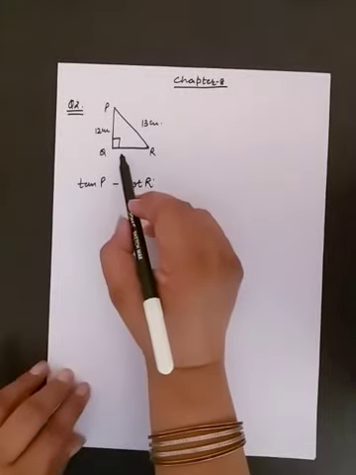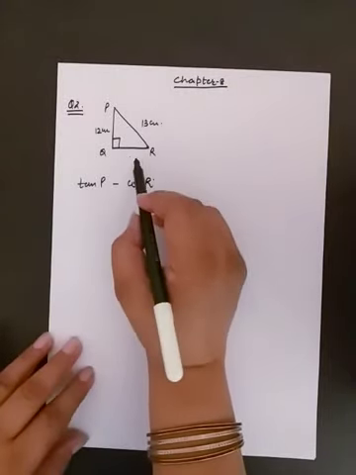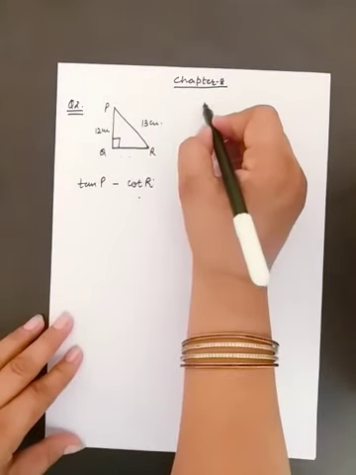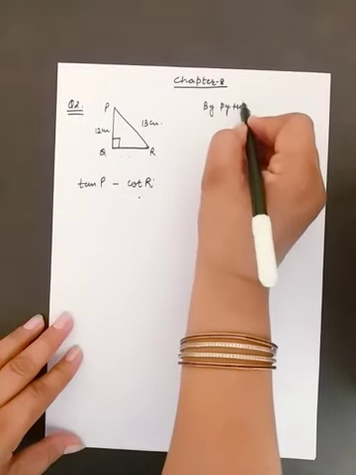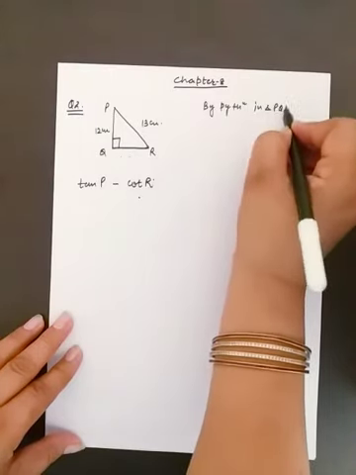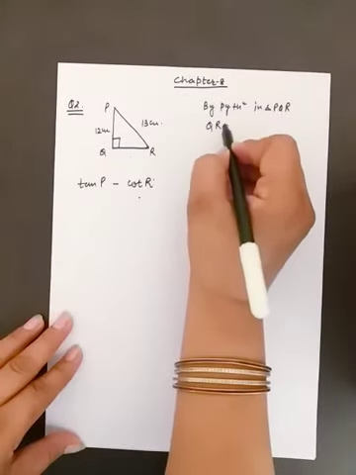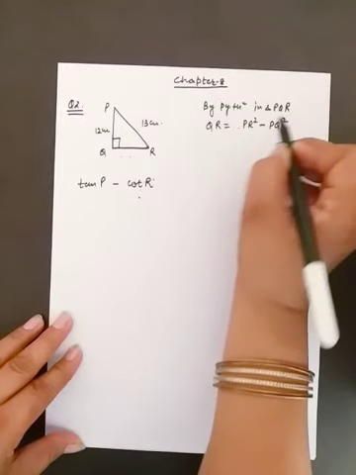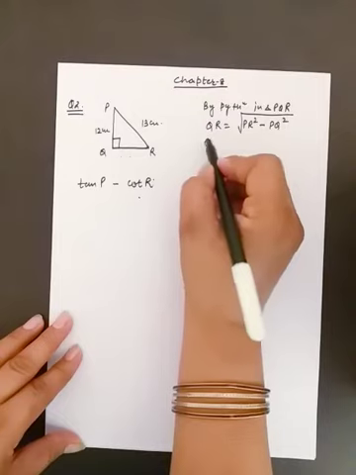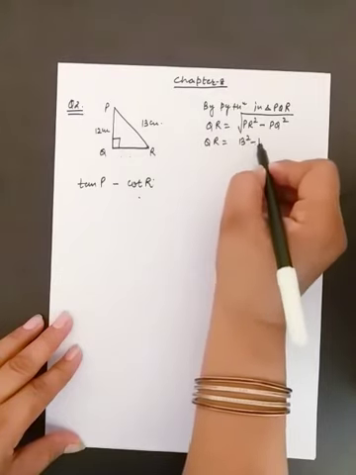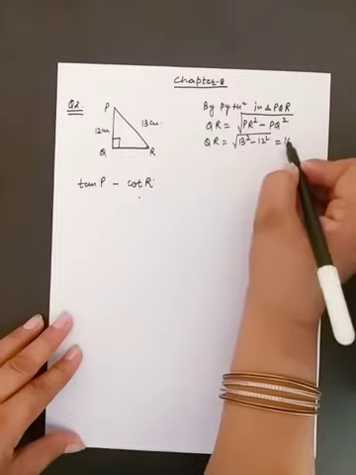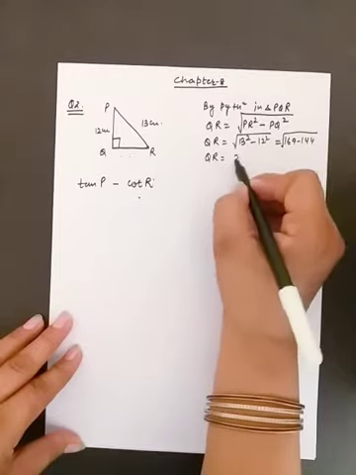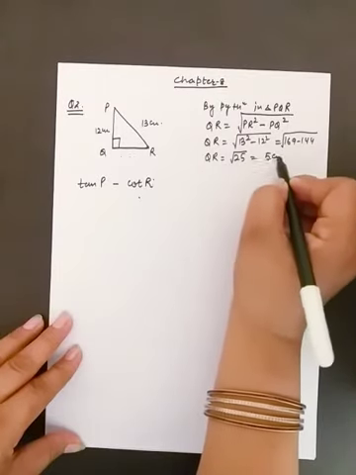But in given triangle the base is not given. So first of all we have to find the value of QR, that is base, by applying Pythagoras theorem. So by Pythagoras theorem in triangle PQR, now we have to find QR. So it will be PR square, meaning hypotenuse square minus perpendicular square under the root. So QR will be 13 square minus 12 square under the root, 169 minus 144, and QR will be 25 under the root and it will be 5 centimeter.